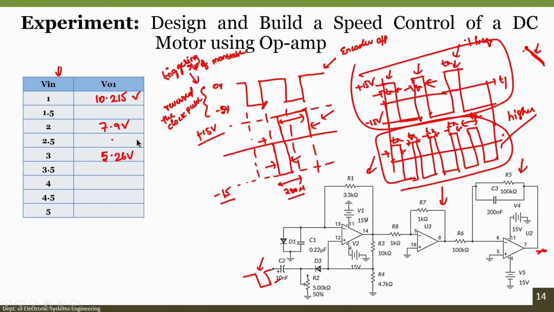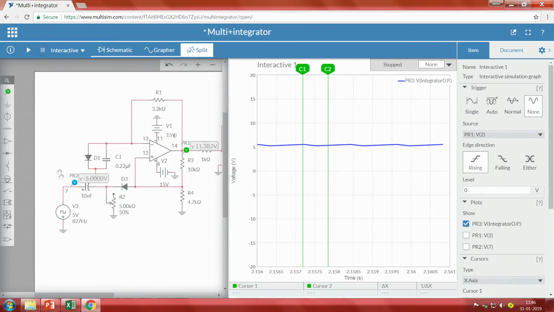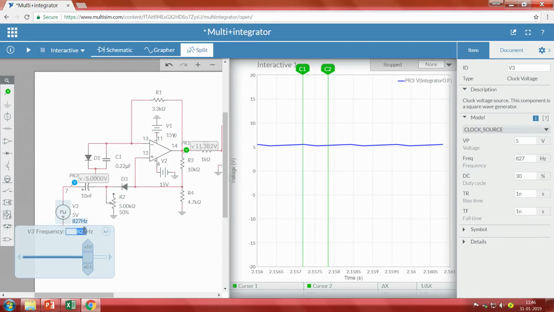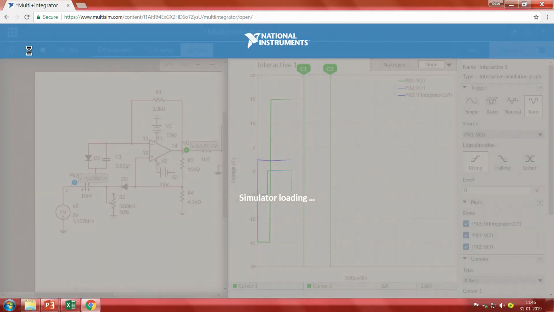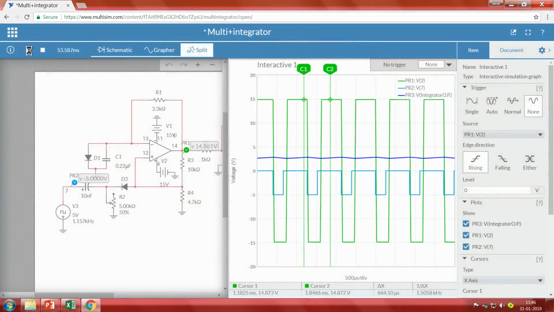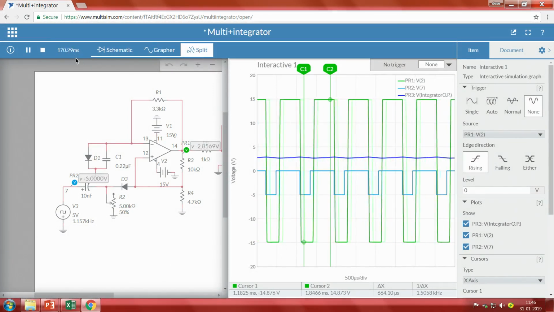Then we will go with 4 volts. The 4 volts corresponds to 1.157 kilohertz. We will wait for 1 to 2 seconds, because right now it is running in the milliseconds range.